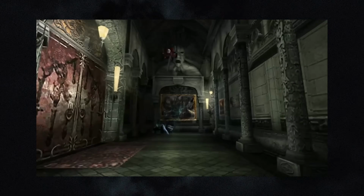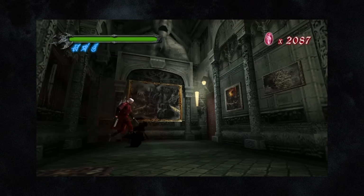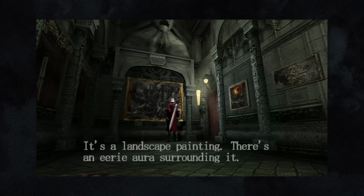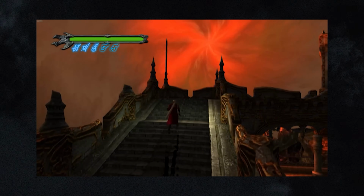At the very beginning of Mission 2, on the ground floor of Mallet Castle, at the end of the courtyard hallway, the game throws just a dash of foreshadowing at the player. It's a landscape painting. There's an eerie aura surrounding it. The painting itself is of Mallet Island, albeit warped and twisted, perhaps implying that an inhabitant of the castle befell